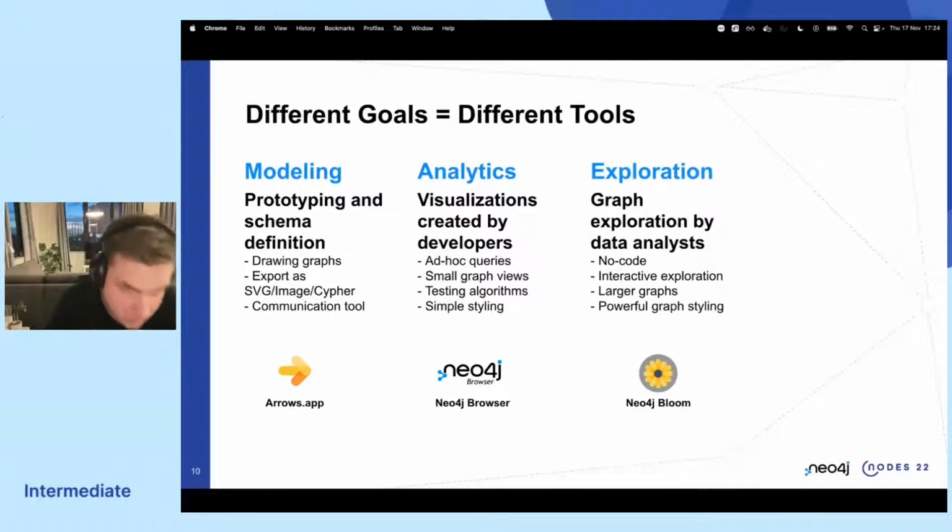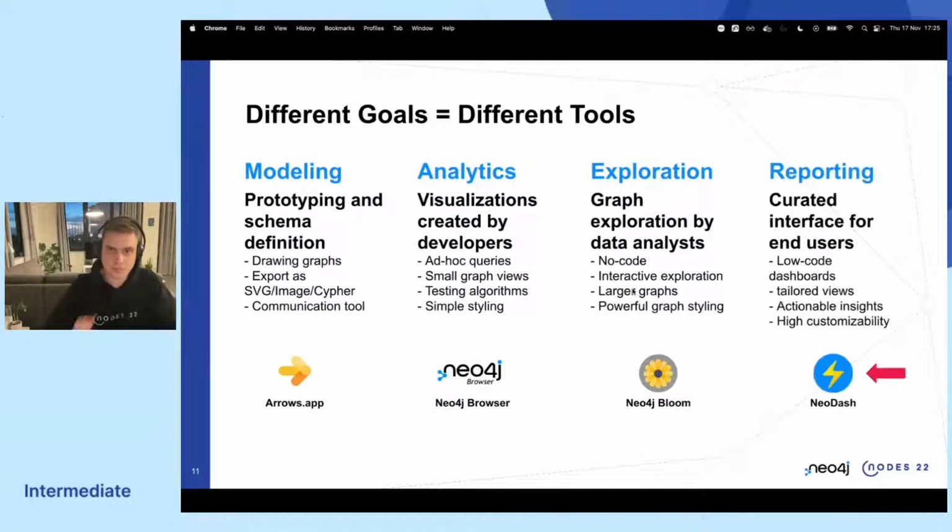Then the next step, you got your data loaded, you've got some queries for developers, and you want your analysts to be able to see the data, right? Explore the model. And maybe these people don't know Cypher. So this is where a tool like Bloom can come in and really have a no-code interactive way to see your graph and explore it and walk through it. So again, a different type of tool. These tools like Bloom, they can do bigger graphs. They have nice styling options, custom exploration. Very different purpose from the previous two, but all of them together, they fit into this journey, right?